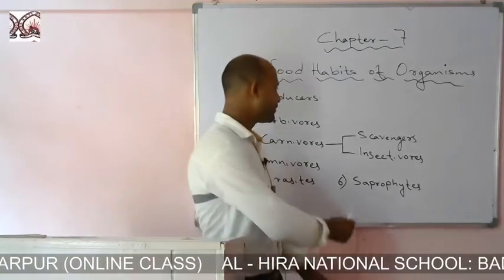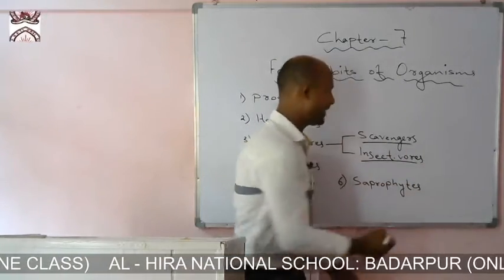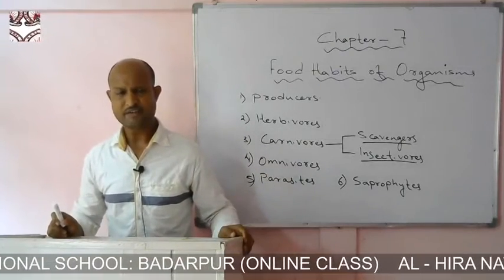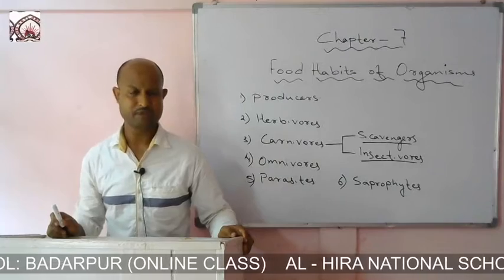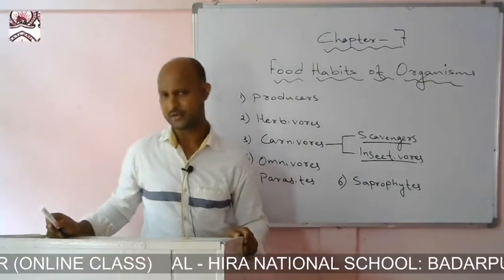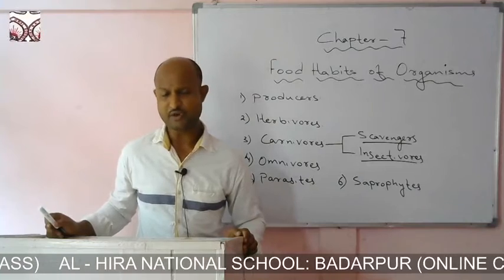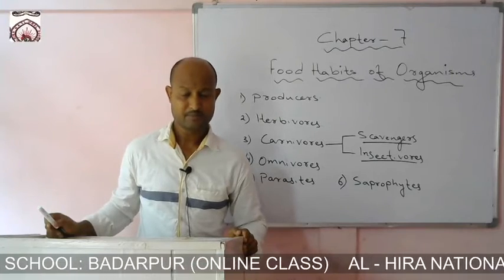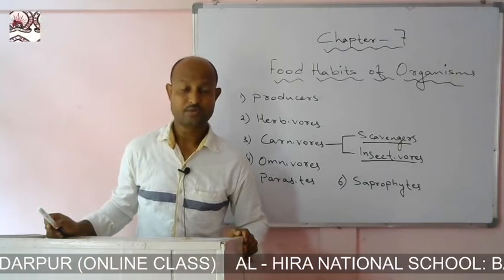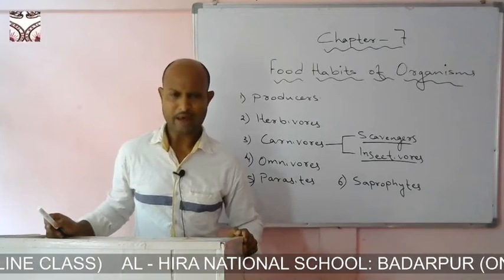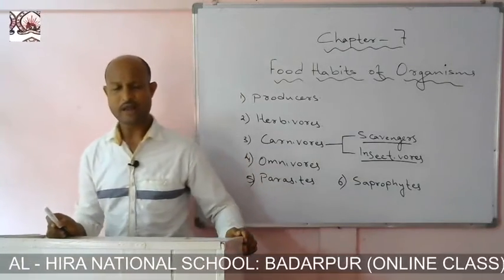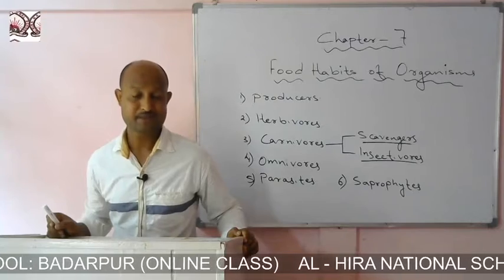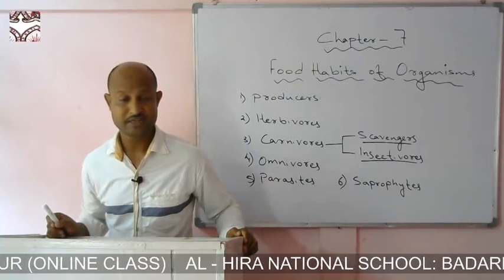Under these carnivores, we also get some other subgroups as scavengers and insectivores. Scavengers are those organisms that feed on the dead and decaying organic matter of animals. For example, a tiger or a lion has killed a deer and has eaten half of the flesh of that deer. After eating it, the remaining portion of the food will remain on the spot. Then after 4 or 5 days or after weeks, the flesh will get spoilt, and bad smells will start coming out from the dead deer.